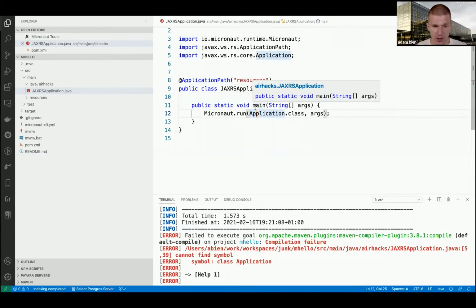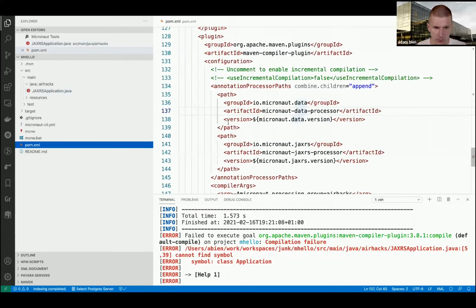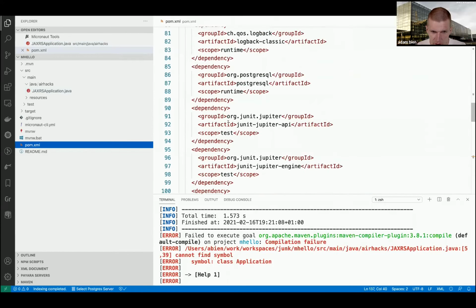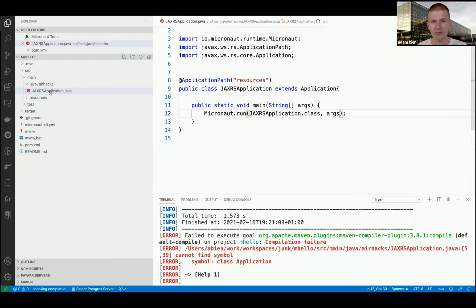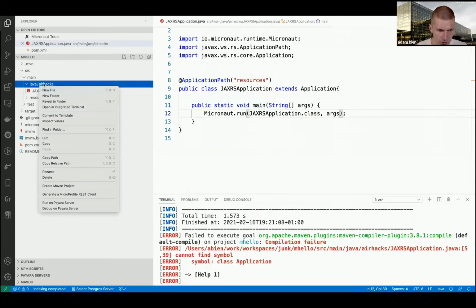And what I have to start now is the JAX-RS application. This won't work because I have to tell Micronaut, somewhere at the top, that we should use the JAX-RS application. So this is the main class. Now it almost looks like a WildFly, Payara, Helidon, or whatever project, but it is a reflection-free Micronaut. So now let's